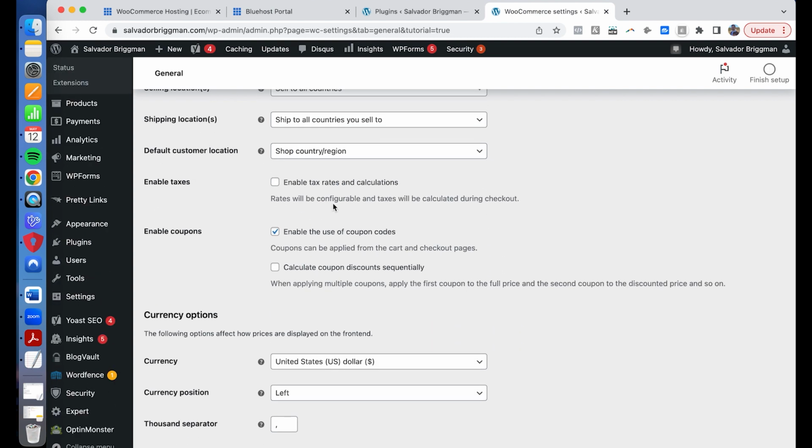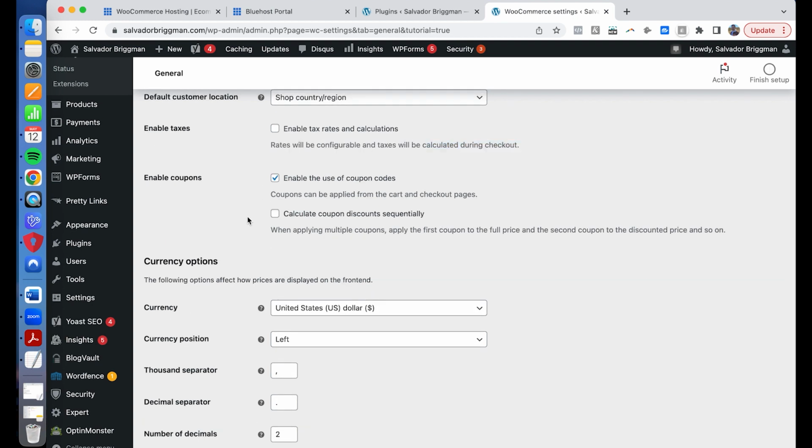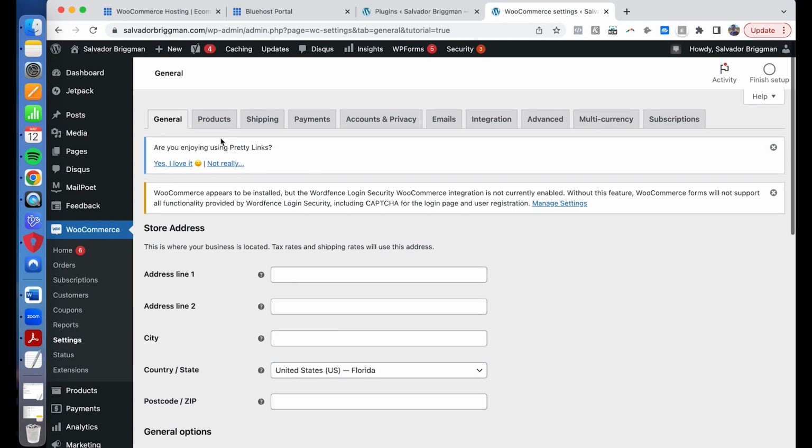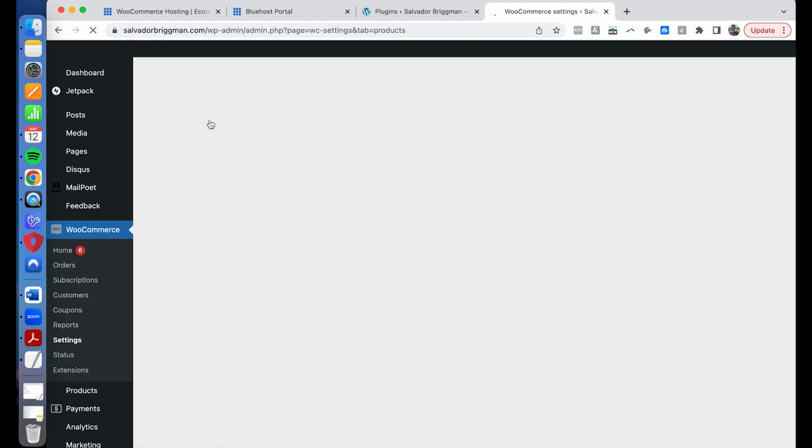You can enable tax rates and calculations. So this will be calculated, as you can see, during checkout. You can also, if you wanted to, enable coupons. So maybe for the launch of a store, and I have a whole other video and also a course walking you through how to launch a new e-commerce store. You can go and check that out, where you can enable coupons if you want to and kind of have a sequence leading up to the launch. You can talk as well about the currency. This kind of gets a little bit more into the nitty gritty. Once that happens and you're going to actually begin to fill out those details information,